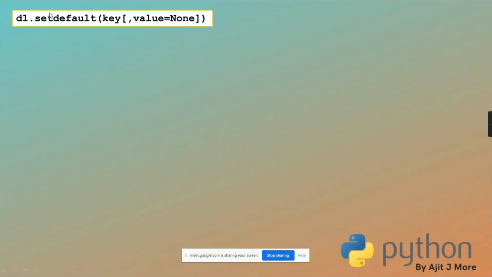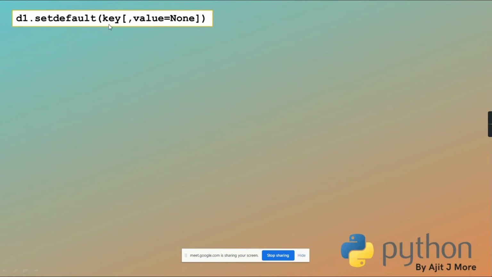The dictionary method remaining is setdefault. What this method does is, you have to give a key and it will return the value of it. Means it does the work of the get method we saw at the beginning when we started dictionary. To access a value, you can write dictionary square bracket key, or dictionary object dot get and pass the key. So it does the work like get.